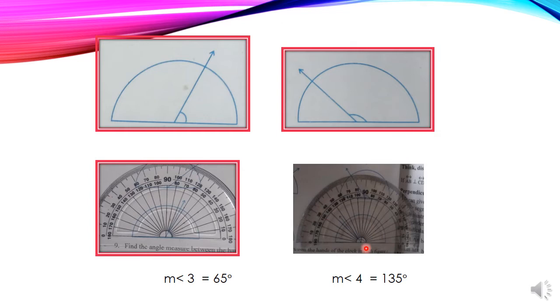And see children, you have to see the 0 is coming on the bottom scale, so we have to see the bottom scale here, otherwise the bottom scale reading is 135, and if you look at the top side scale it will be between 40 and 50, 45, so that reading don't take because we have to see the 0 reading in the protractor, so it is on the bottom scale, so we have to see the bottom scale reading here, so it is at a 135 degree. So the fourth figure measurement is 135 degree. Okay children, that you note down in textbook, right?